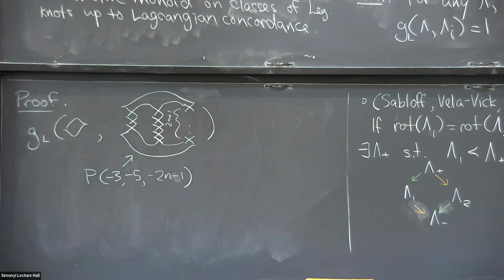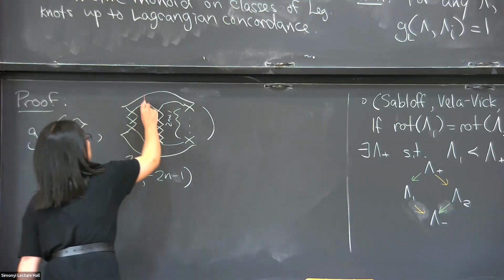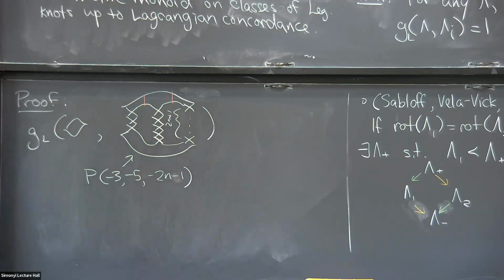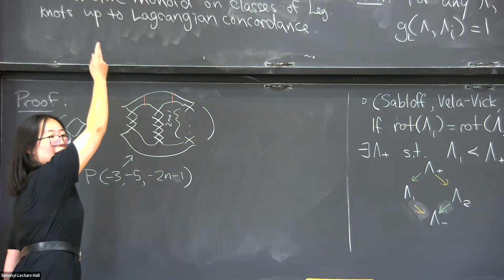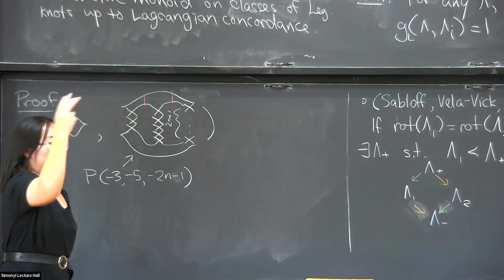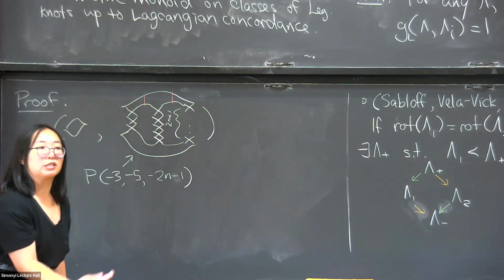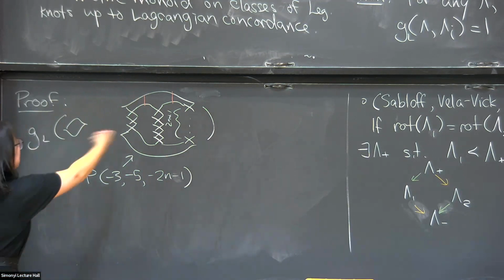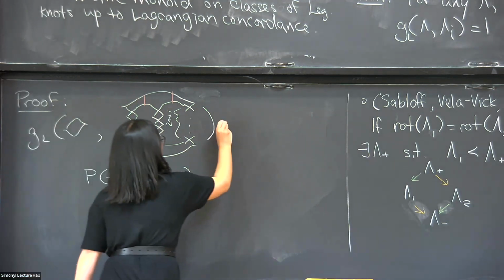This is a pretzel knot, and if I want to compute the genus here, I just need to find some pinches that get me down to the unknot. It's pretty easy to see where I pinch. Does anyone see where I pinch? So I see 2 red points here. And if I pinch there, then I have like an unknot with 3 twisty towers going up, and I can just undo those twisty towers with a bunch of Reidemeister 1 moves. So I see that the genus here is 1,